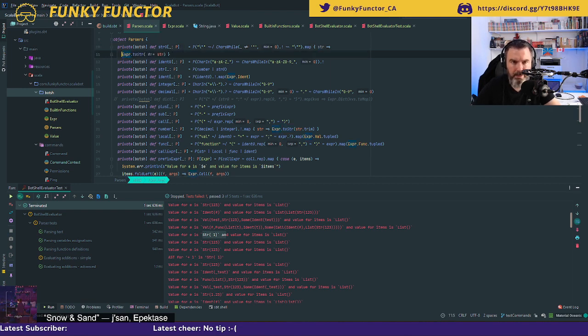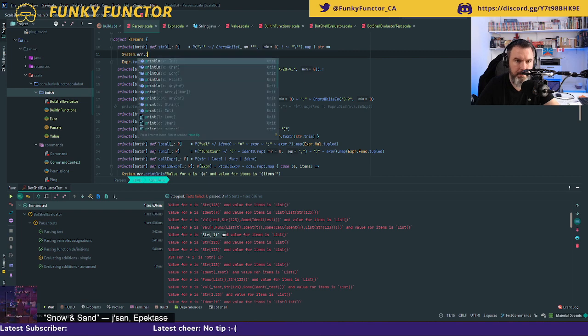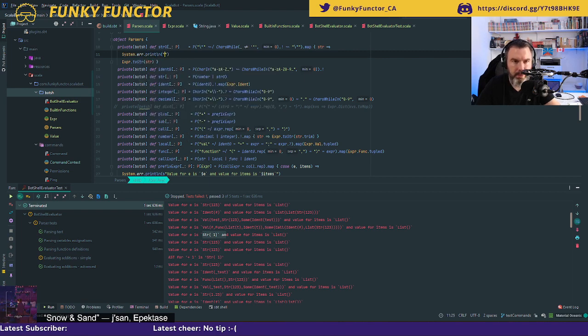And here I am going to say System print line, value found, dollar str. Okay, it's kind of ugly, but I will try to get this so that I can see.